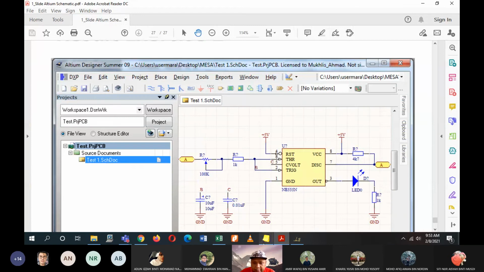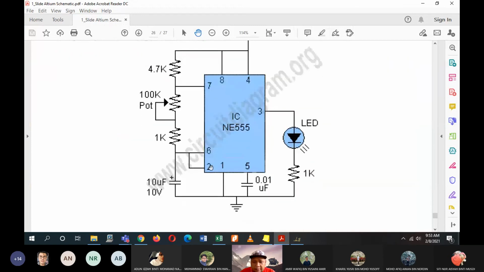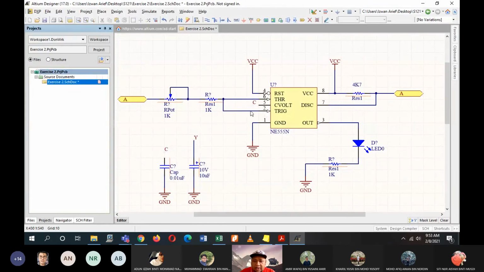All right, and then there is another one from pin 2 going to the 10 microfarad, 10 volt capacitor. It is already connected to this line here, but of course you can do the connection like this, no problem. It is just that in this part, I want to show you how to use net.